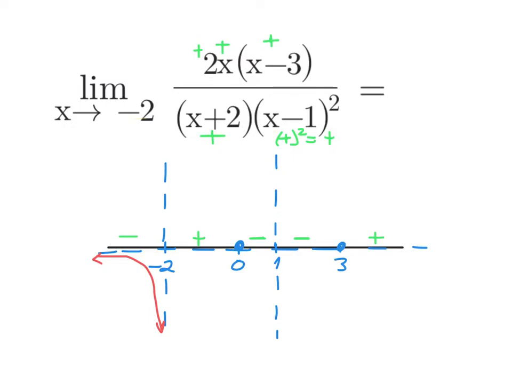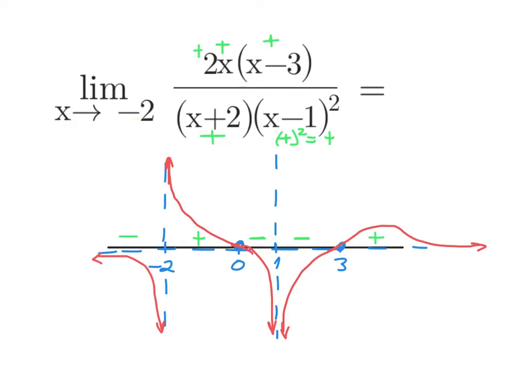From negative 2 to 0, we're positive above the x-axis, so we're going to start close to our asymptote, and we need to get over to the 0. So we're going to look like that. Between 0 and 1, it's negative. We need to go through that 0 and get close to our asymptote. From 1 to 3, we're staying negative. So we're starting close to our asymptote and getting over to this 0. And after 3, it's going to be positive. But we do have this horizontal asymptote, so eventually it's got to come back down and get close to that